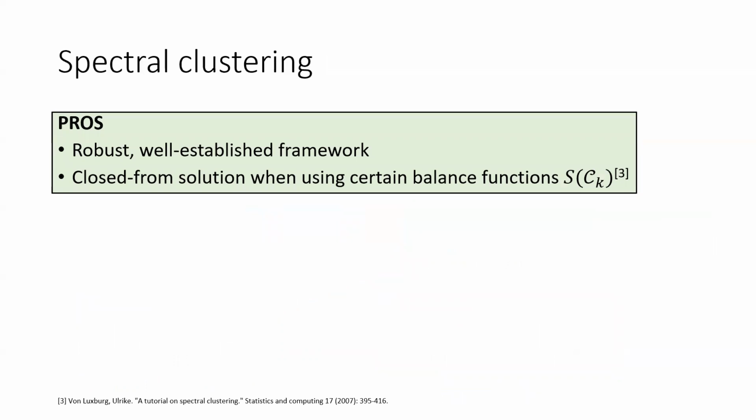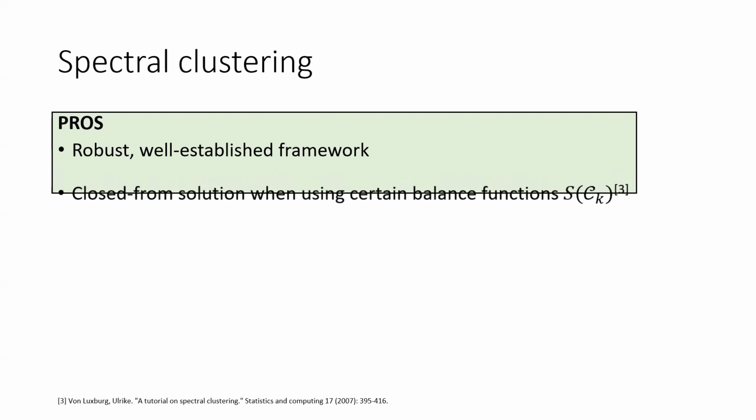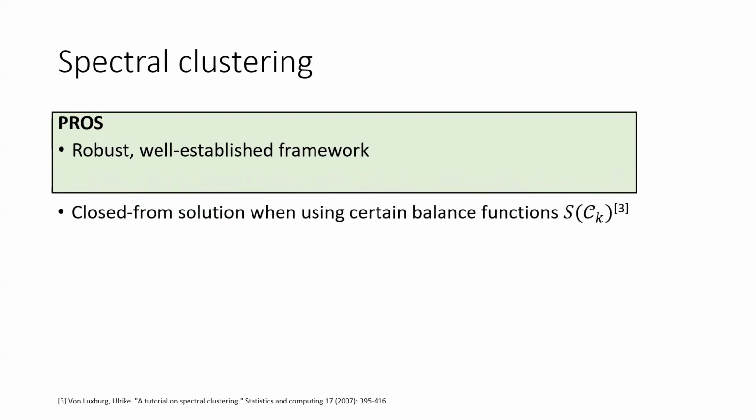Well, the pro is that spectral clustering is a robust and well-established framework to approximate the optimal minimum cut solution. And perhaps most importantly, spectral clustering allows us to compute the solution of the relaxed optimization problem in a closed form way when the balancing term is defined in certain ways. However, having a closed form solution is not so important in a neural network framework, since we are anyway optimizing the neural network with gradient descent. And therefore, we are not really exploiting the fact that we have an analytic solution for optimizing some of its